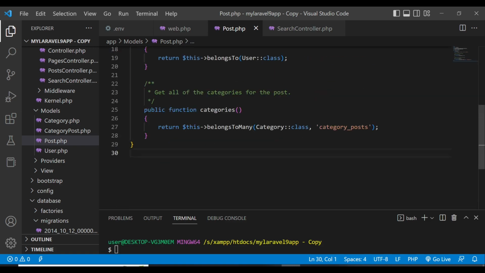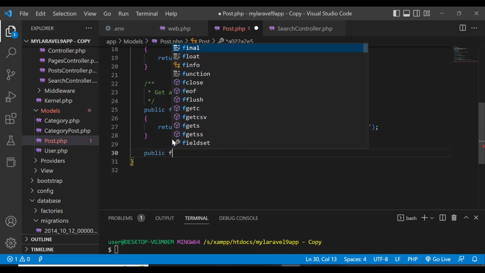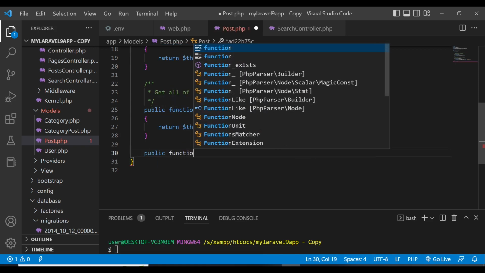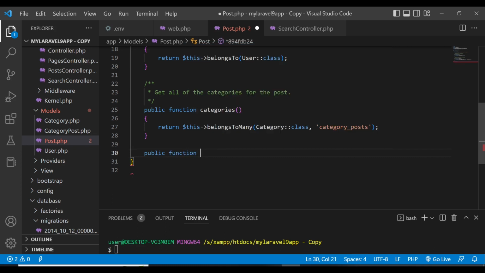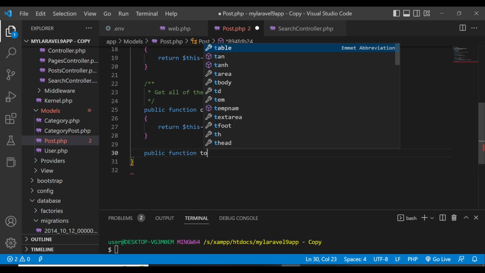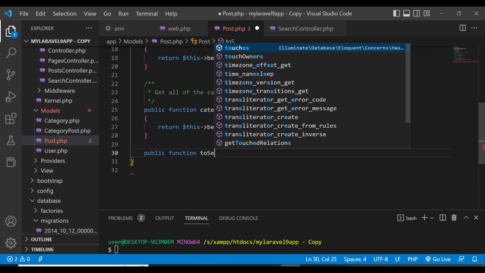So here within your post model, you need to define a public function, this function is coming from the Scout